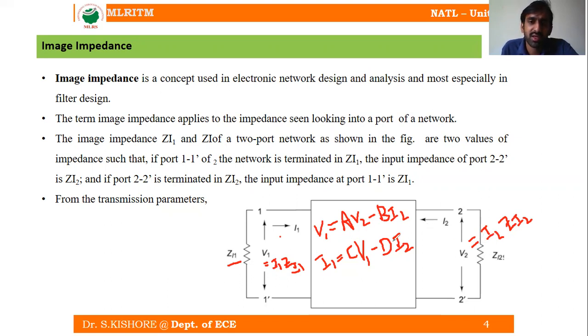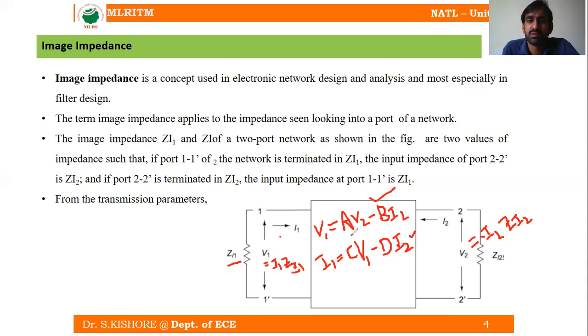But here, as we are considering the transmission parameters, this current is going to be negative. The second receiving end current is negative because of the convention of the two-port network. From the regular convention we consider this side, but coming to the transmission, this current is the receiving end current, so it is going to be reversed. As we are reversing this current direction, it is going to be minus I2 here, and the same is applied here also, minus I2. Here A, B, C and D are nothing but the transmission parameters.